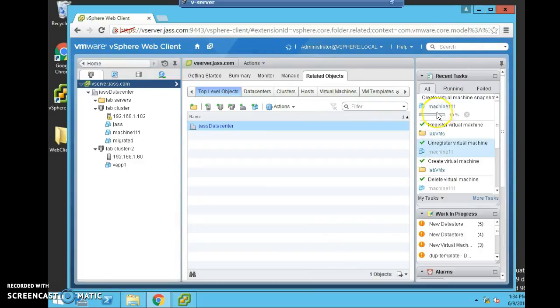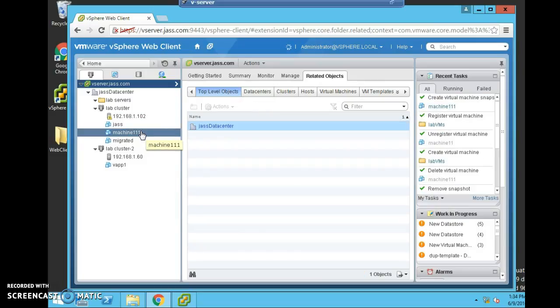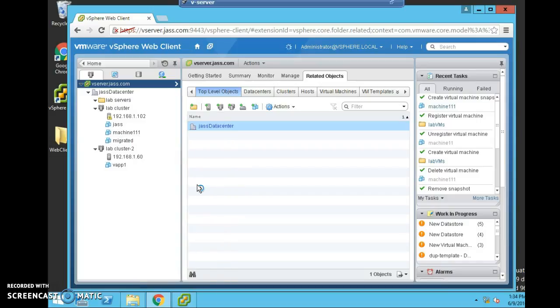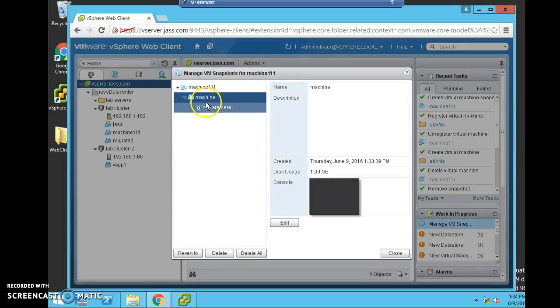Now this process takes some time to complete, and after that there is no option to see the newly created snapshot. For this purpose, we need to go to the machine again, right click and select the option manage snapshot. Here you can see your newly created snapshot machine, and here are another three options. Revert to means that you convert your snapshot back to a virtual machine. If I click on revert to,